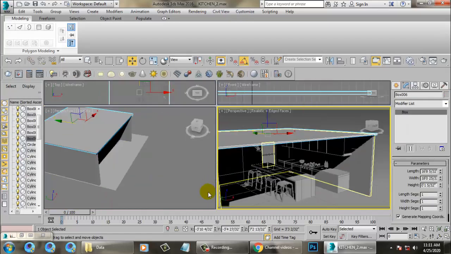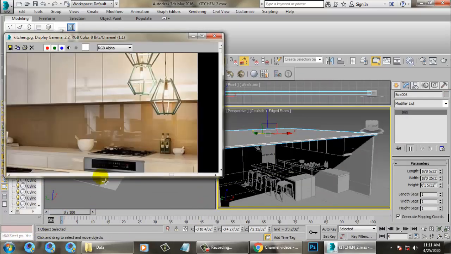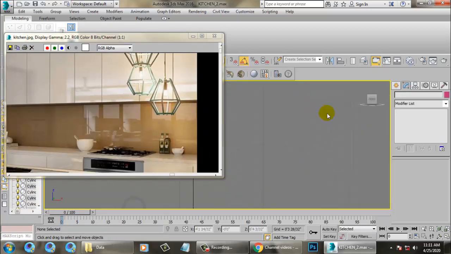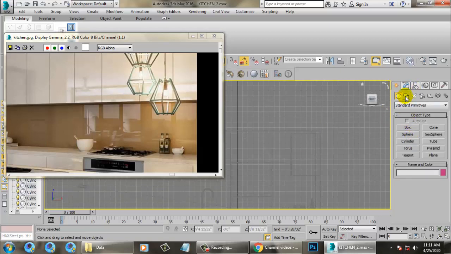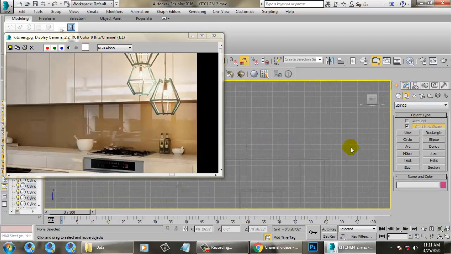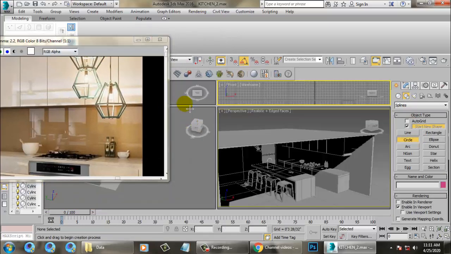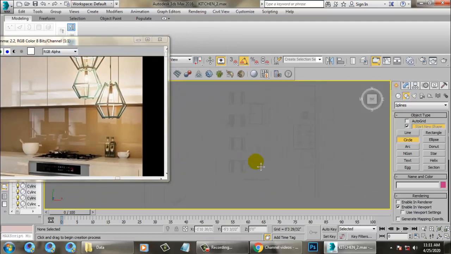Let's go again into the reference over here, and if you want to create this, it's very simple. What we'll be doing is, let's go into the line tool. First let's take a circle right on the top.